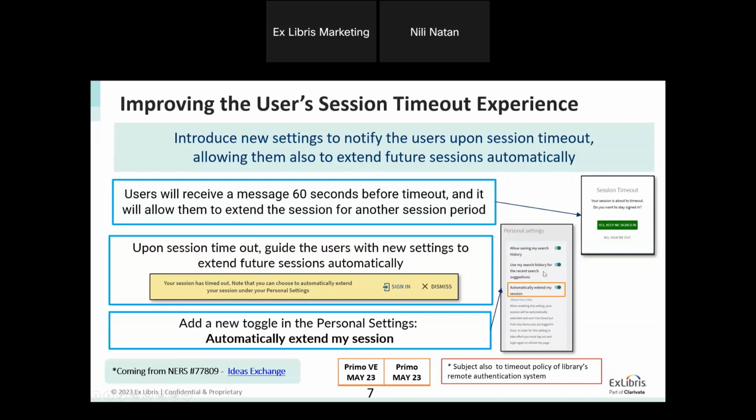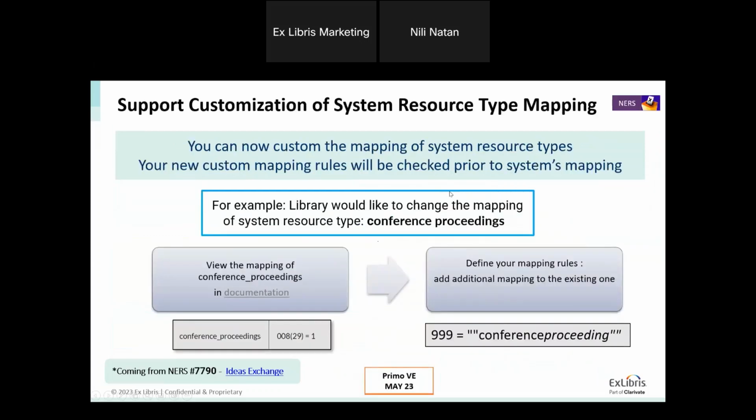So all of those options together should cover what happens to the user before the session has elapsed, after the session has elapsed, and what the options are for the user to minimize the session timeout impact. Okay. Next,